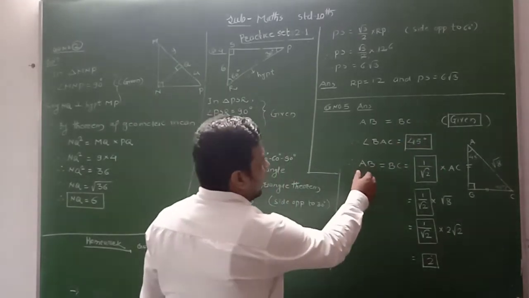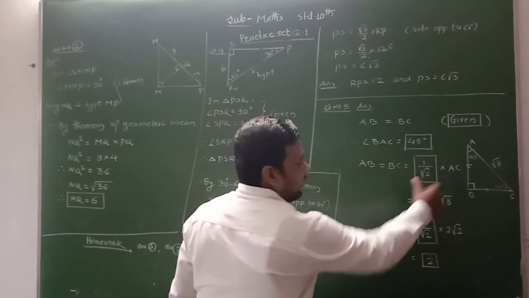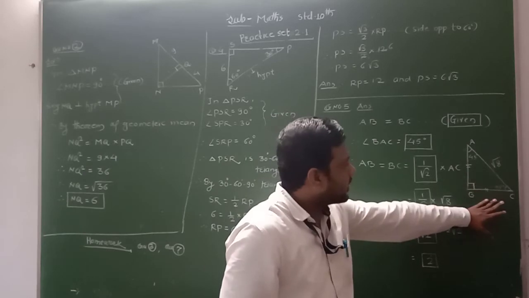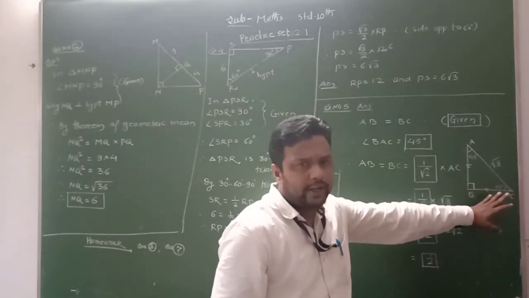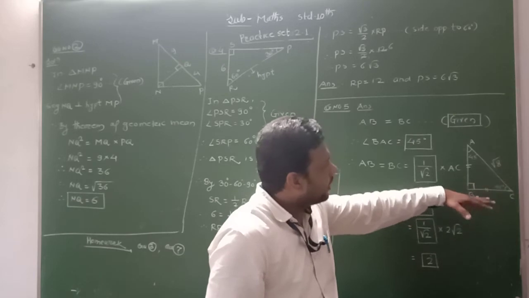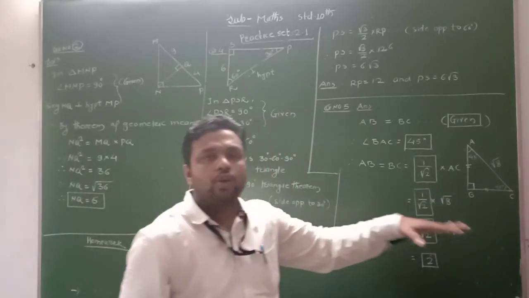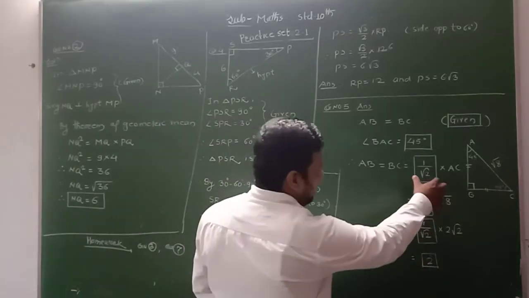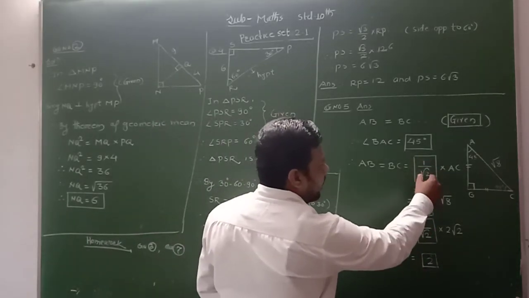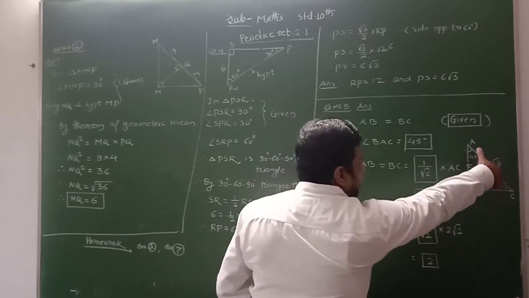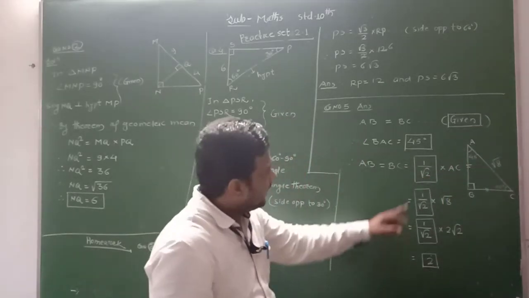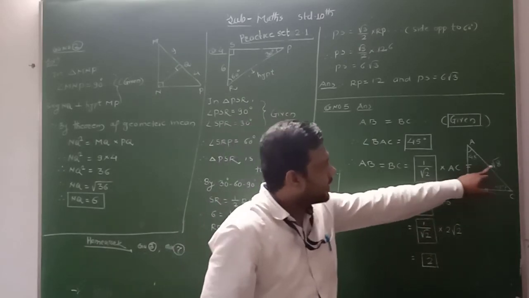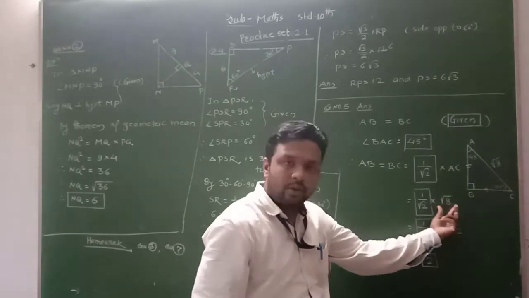After that it is given AB is equal to BC is equal to what? Okay. Now according to this, it is a triangle of which type? 45, 45, 90 degree triangle. According to this theorem, the side opposite to 45 degree is 1 upon root 2 times the hypotenuse. Therefore in this box you have to put the value 1 upon root 2 into AC, which is the hypotenuse of this triangle. Clear? Then again next step, 1 upon root 2 as it is in this box into the value of AC, which is given as root 8.